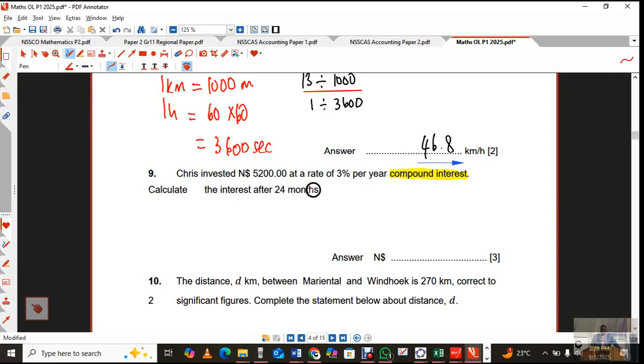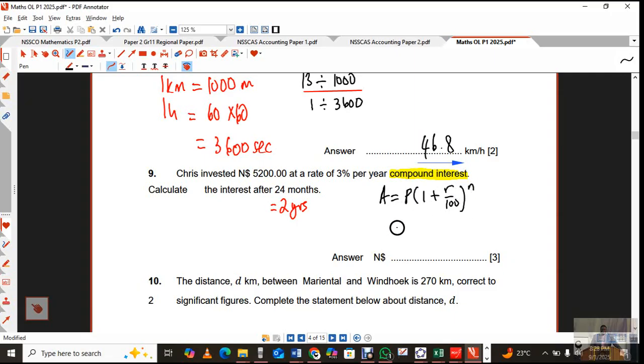The time is always supposed to be in years, so do write this in years. 24 months is exactly equal to 2 years. They ask us to calculate the interest, not the amount. There are many ways you can do this. When you use the compound interest formula, P open bracket 1 plus R over 100, to the power n, with n the number of years,